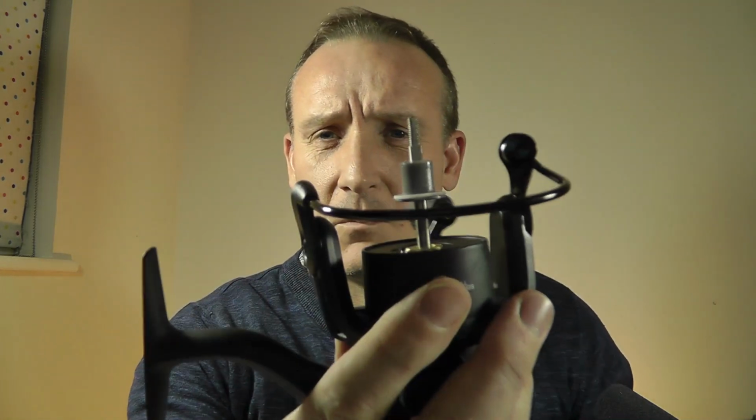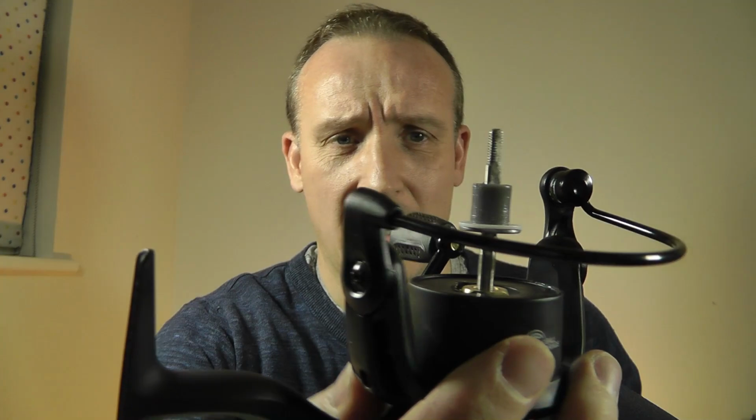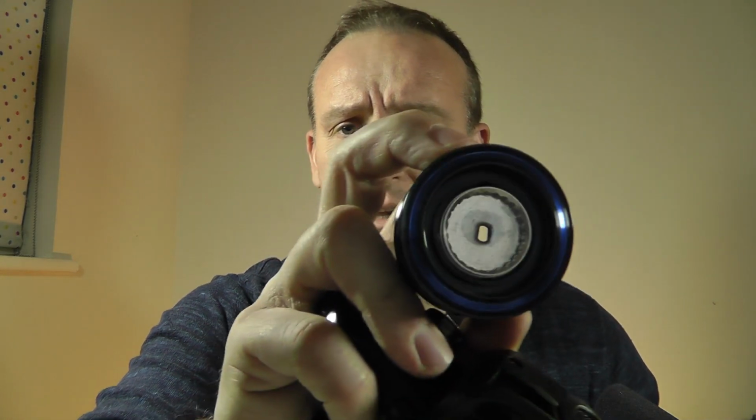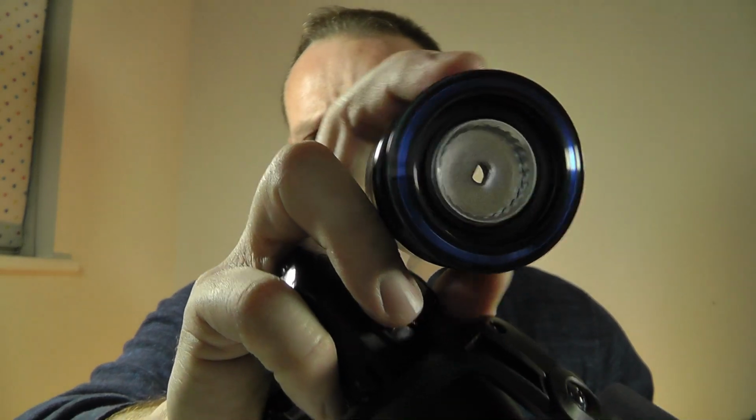So the drag mechanism has actually got a little retainer inside, which I've not really seen before. Most of the other reels I've seen, the mechanism is kind of based on the inside. With this one, it's part of the actual screw top there, which is quite good. Top of the spool has the actual catches to enable